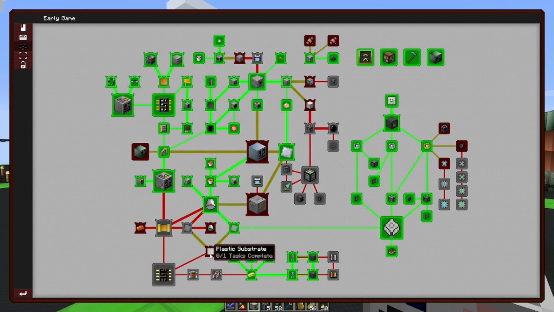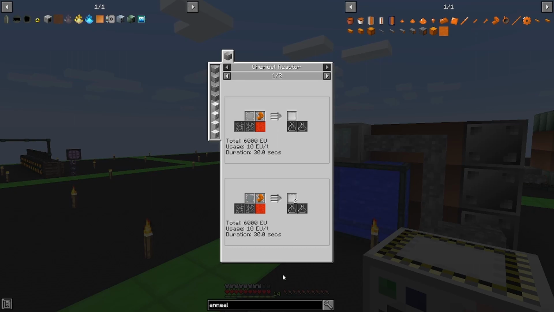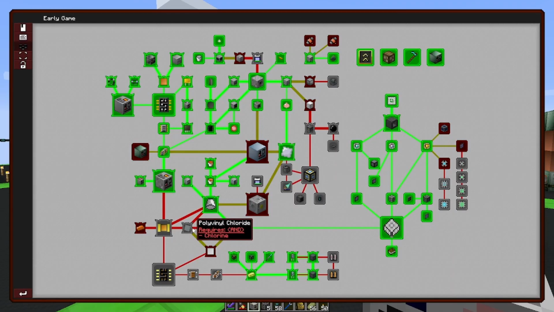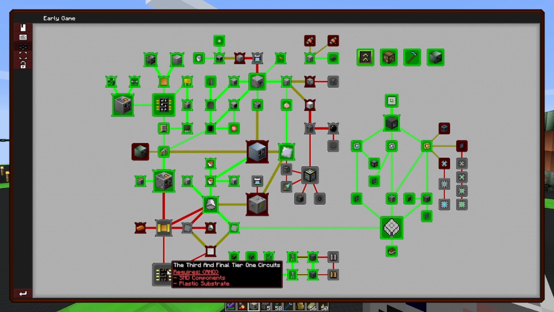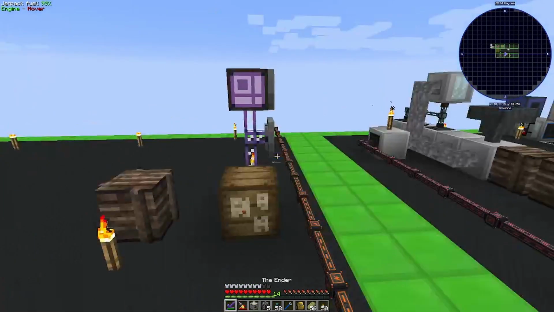What we really want is to make plastic circuit boards, and we want to make polyvinyl chloride so that we can make SMD components, which will allow us to make the refined circuits. And then the refined circuits will allow us to make the refined processors and the refined arrays. And the reason for that,